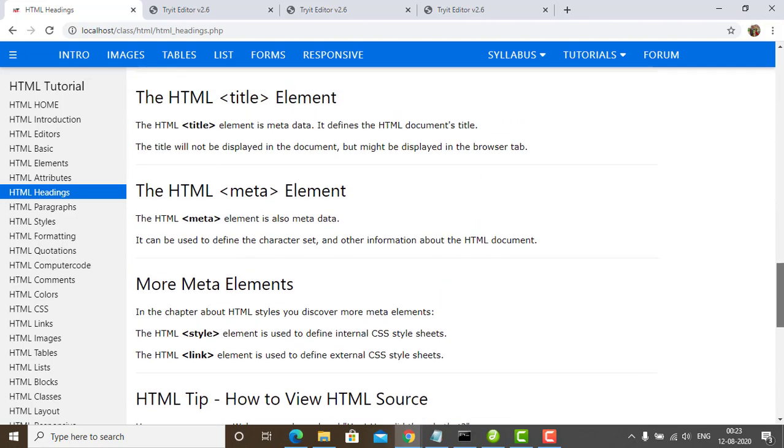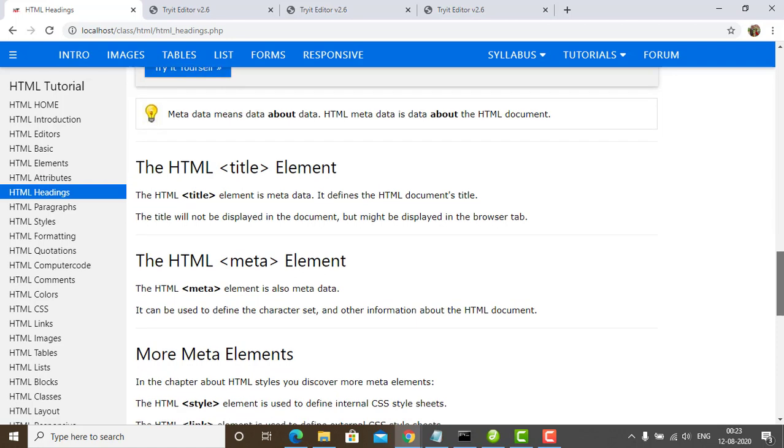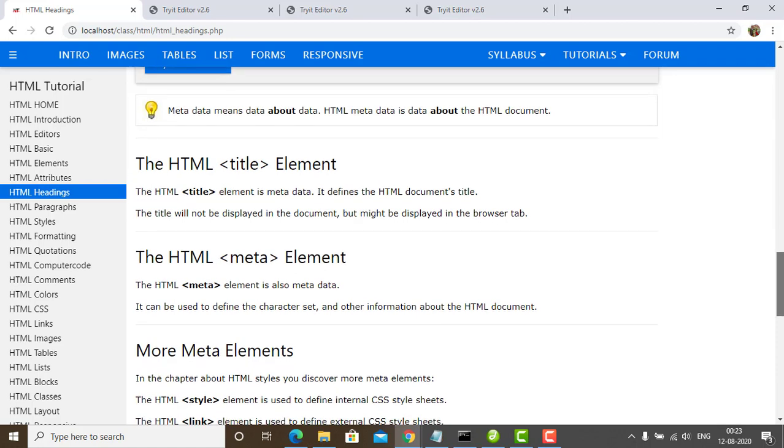Now we are going to discuss the meta and title tags. In my first chapter, you remember, I gave a brief description of the meta elements. That means this is the information about the web page and helps the web page to come up in the search engine. Anyway, in our next chapter, we are going to deal with HTML headings.